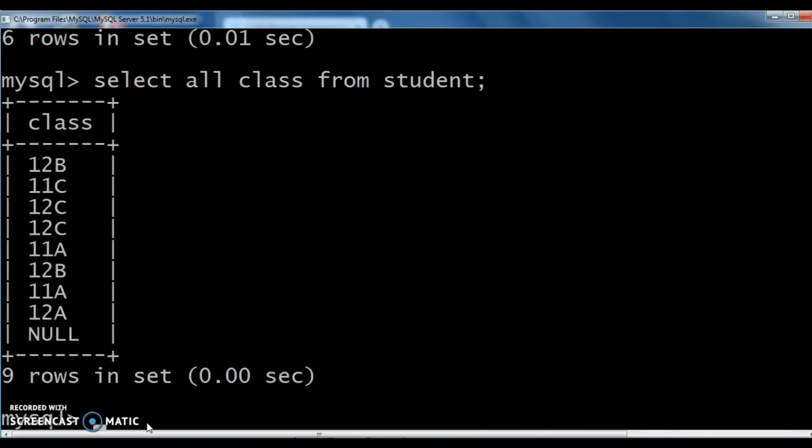All the values we can see. Clear? From this class field. This will work the same as select class from student. This is also the same. Clear?